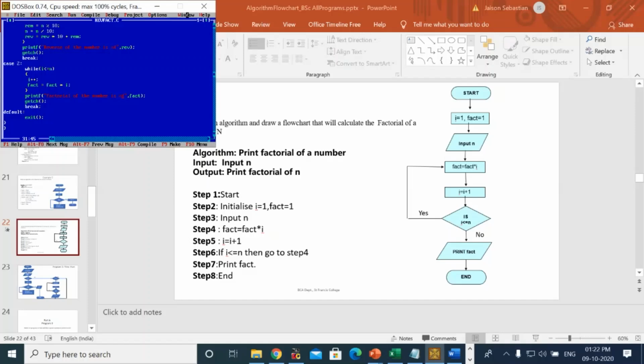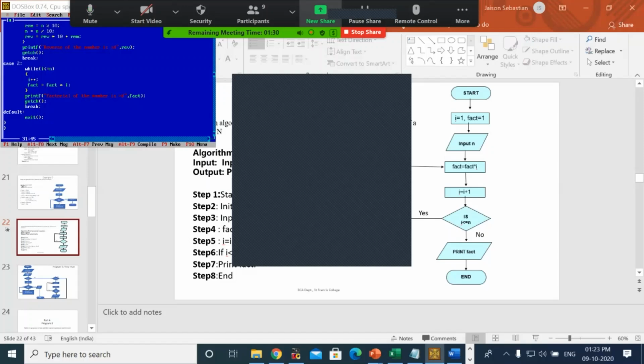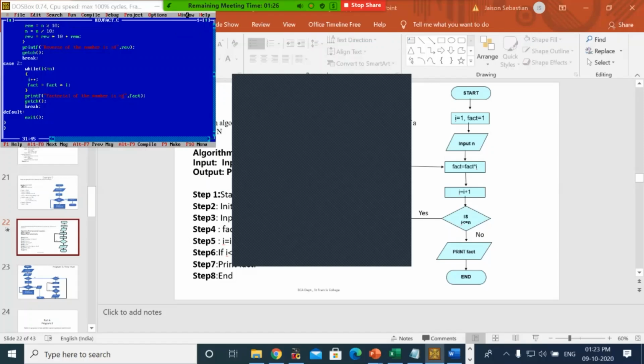Give attendance in the chat box. Let me see. All are there. Only 9 I could see now. Give attendance in the chat box. What will be the format specifier for integer and long integer? Message in the chat box. I know it is time up, but I thought I'll finish it. Anybody?